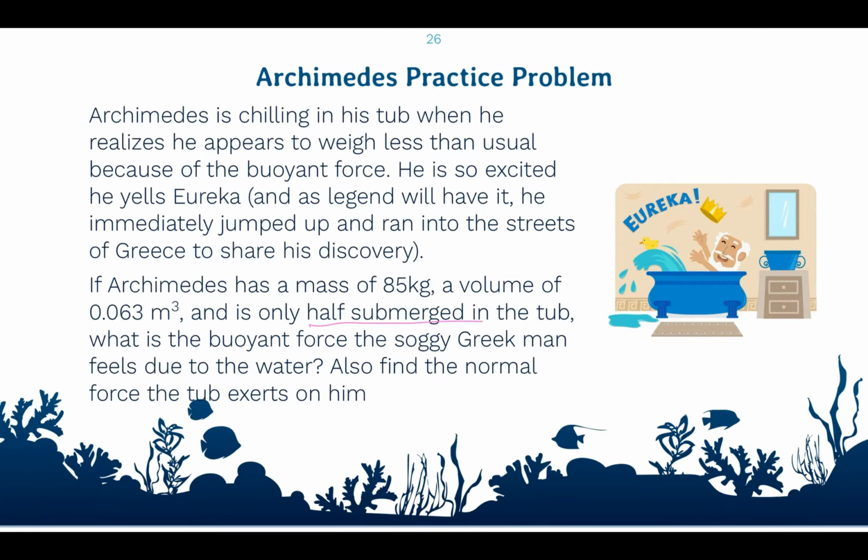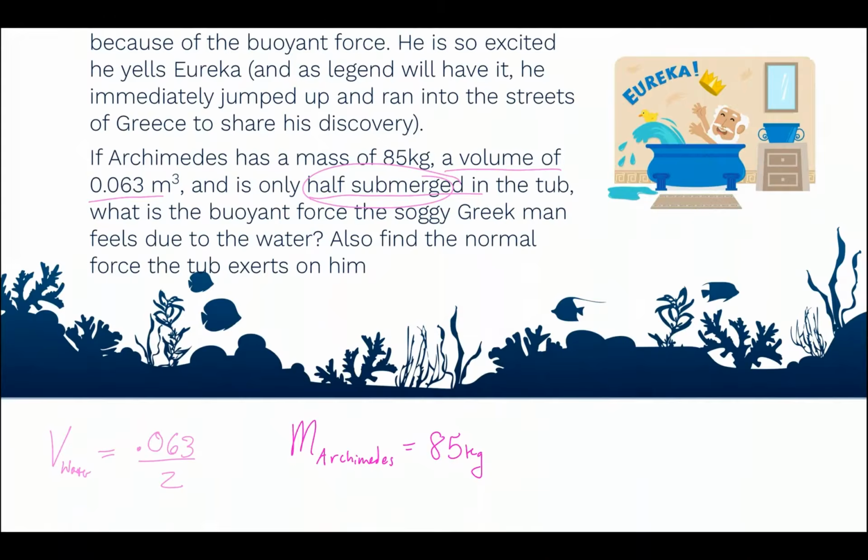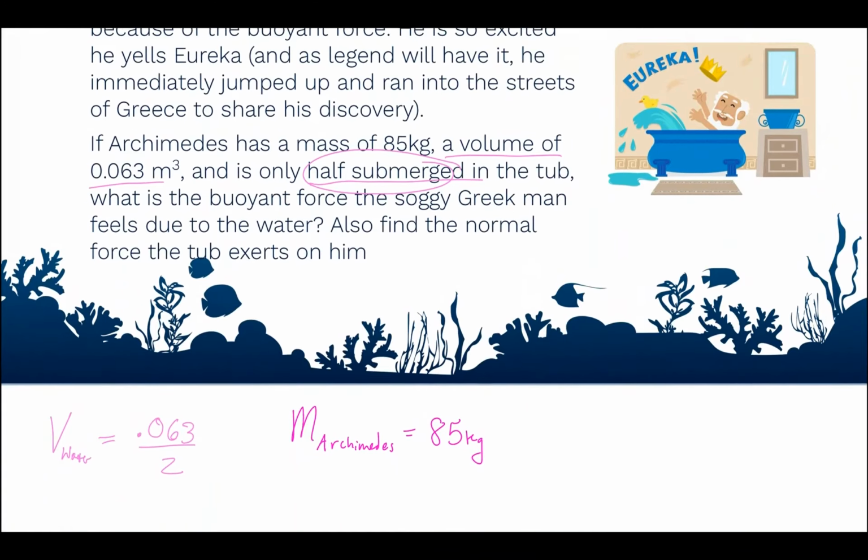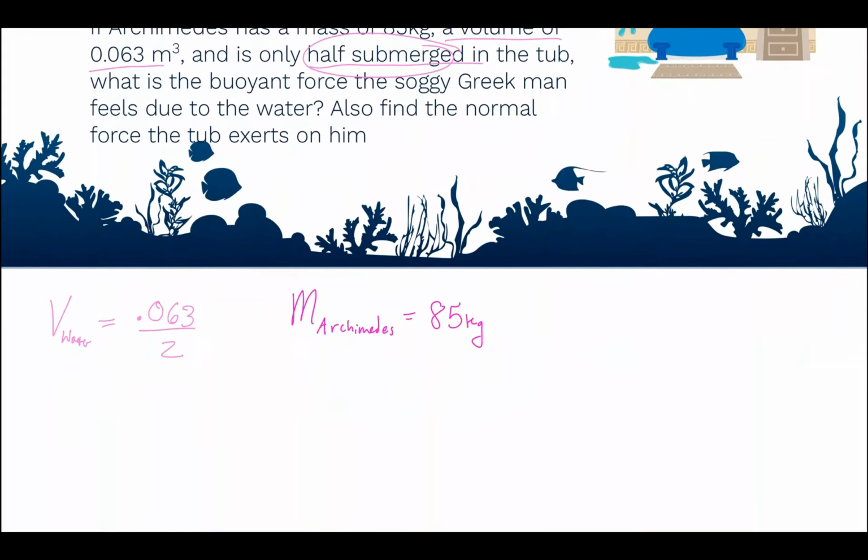All right, so the first thing that we need to do is we need to recognize that the volume of Archimedes, that the water displaced is only half that much because he is only half submerged. So that means the volume of water displaced is going to be whatever 0.063 divided by 2 is equal to. All right, so we have the mass of Archimedes and we have the volume of water. Well, the way that we're going to be able to find that buoyant force